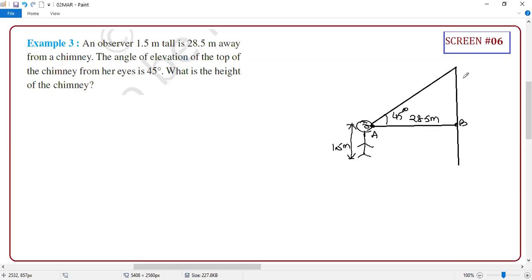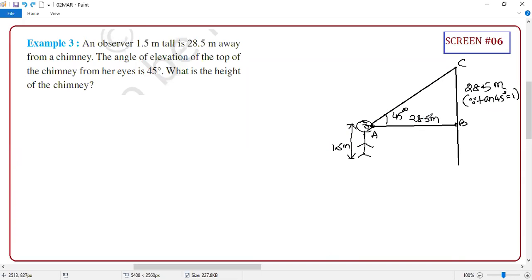Now just mark the names, student. A, B, C. Now I am asking, the moment you know 45 degree, what's the beauty of that? The opposite side and the adjacent side both should be equal, correct or not? So if this is 28.5, guys, this also is 28.5. Yes or no? Please respond. Yes, sir. Rest of them clear or not? Yes, sir.